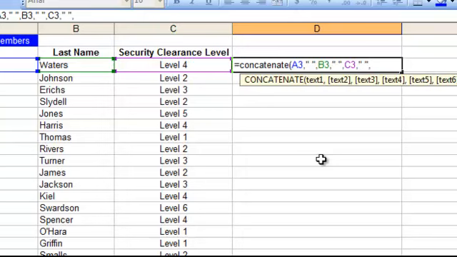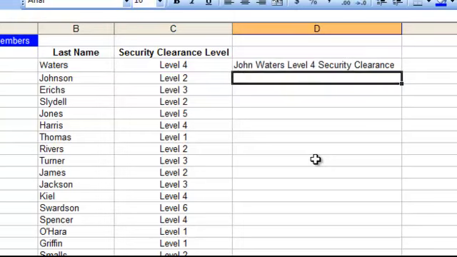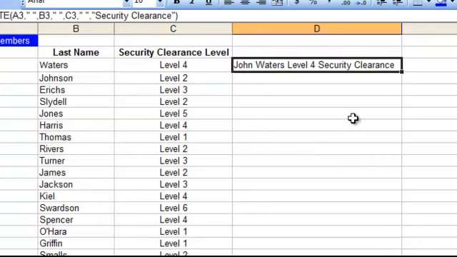And because we're trying to depict the clearance level of security, we'll type quote, and we will type security clearance. And then we're going to hit enter and see what comes up. So we've consolidated cells A3, B3, and C3 into this new cell, which will state the person's name and their